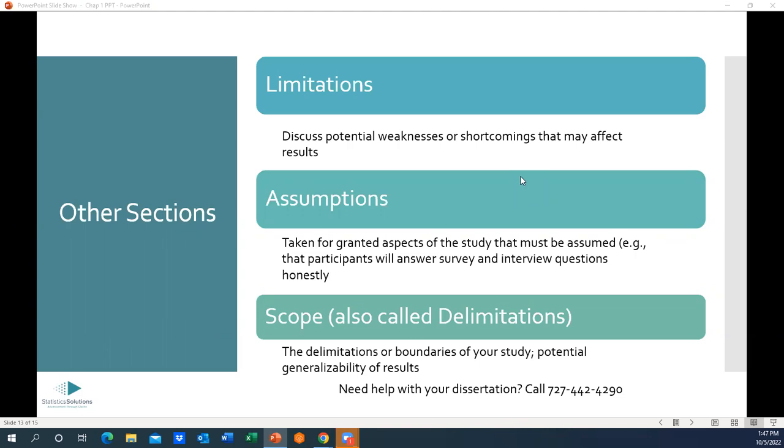So it delimits, and it has the word delimitations, limitations. It gets kind of confusing. They're not the same thing. I just think of scope, right? It's scope. If you look through a pair of binoculars or something, you have